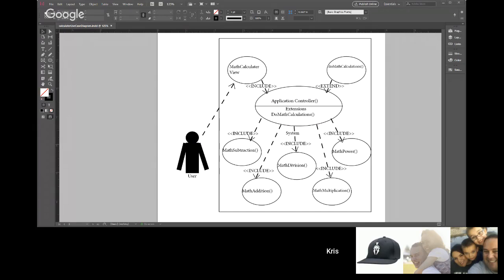Then the math calculator view is included into the application controller, and an include basically just means that something is necessary for the application or the program or whatever the project is to actually function the way that it needs to. And then I've got the do math calculations function as an extend, which means that it is an optional thing. The reason I put it that way is because you can open the calculator application,